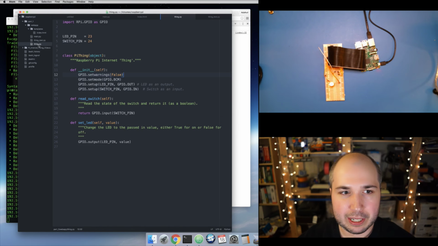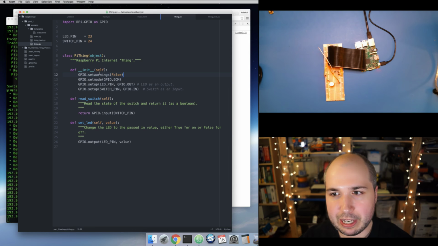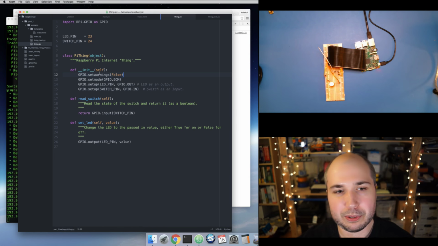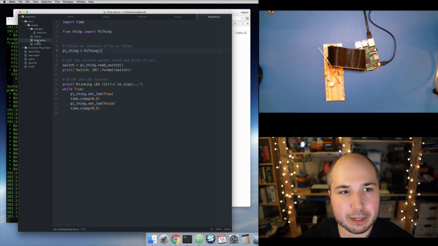We created our thing object, and the nice thing is, notice how this thing code has no reference to Flask at all. There's no web specific stuff in here. This is literally just changing the state and reading the buttons, and that's great because I can test this in isolation. I don't have to start up the web server, hit the web page, fiddle around with the inputs, make sure they're working. I can write my own little test function here that just creates my class, calls the functions, checks